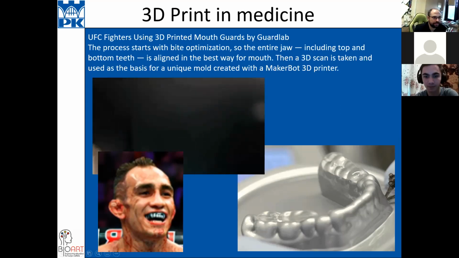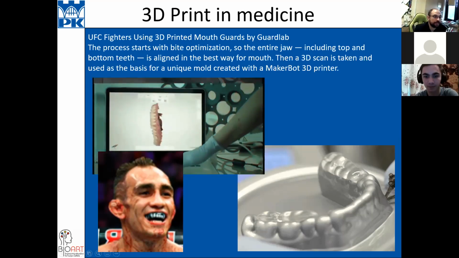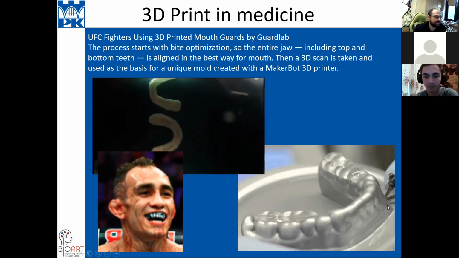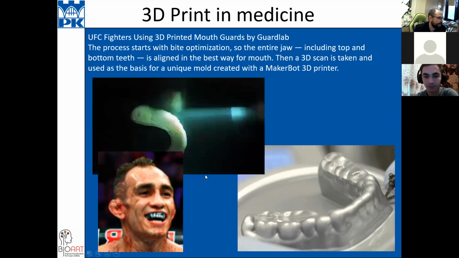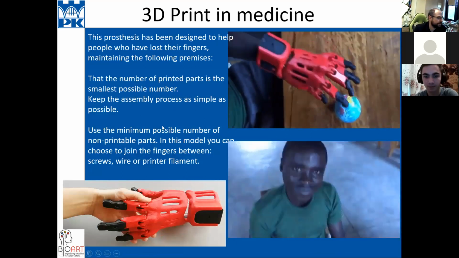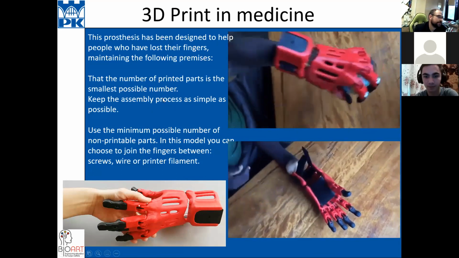They scan their teeth, they scan the jaw, and they made protection to protect the teeth in a better way. This is a very nice sample.